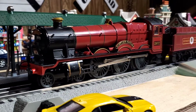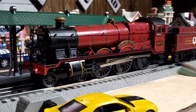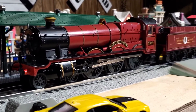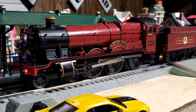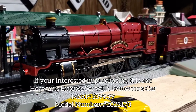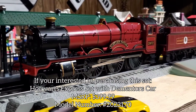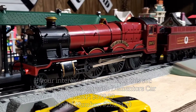I highly recommend getting one of these, especially the one with the Dementor's Car, because the Dementor's Car, my goodness, it is absolutely amazing. Now, if you're looking to purchase this item, the retail price for this engine is right around $400, but I'm sure you can probably get a little bit of a discount depending on the Lionel dealer that you choose. I absolutely think that it is definitely worth the price, because you do get a little bit